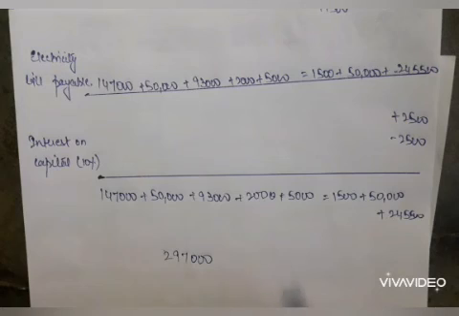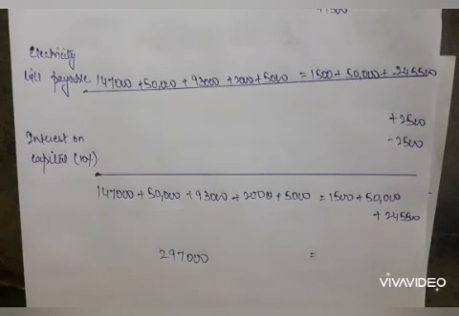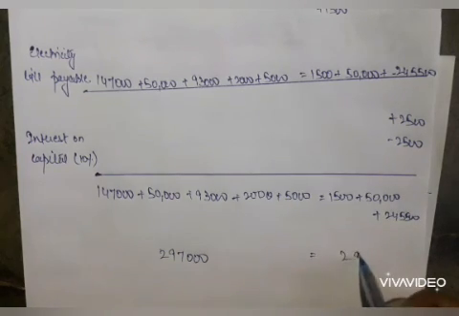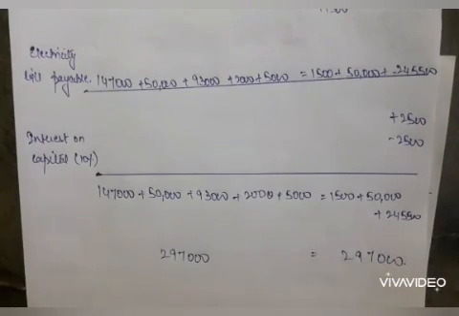2,97,000, and here if we see the total of the liabilities and capital, it would be 1,500 plus 50,000 plus 2,45,500. So this is also 2,97,000. So both the sides are matching. It means that our question is complete and we have done everything correctly. So these two questions we have done for the accounting equation. Okay, thanks a lot.